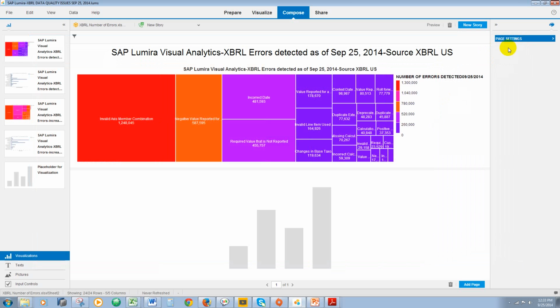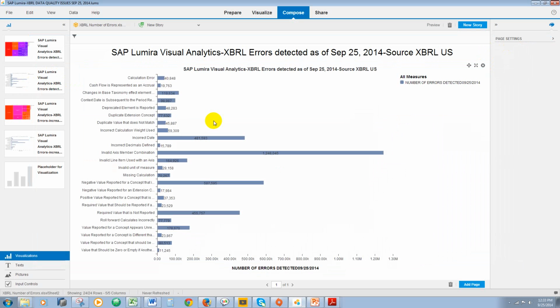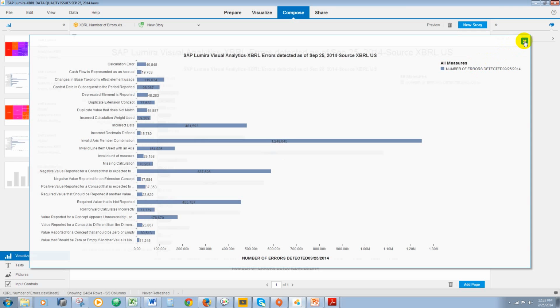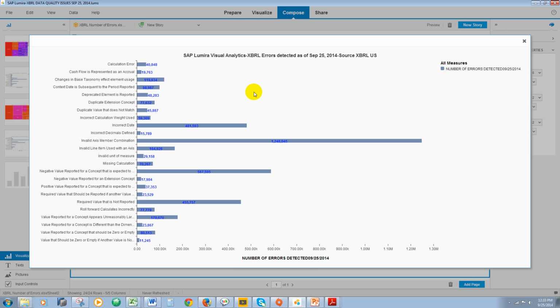Now we can look at this information through a bar graph, and let me change the formatting a little bit over here. So let me change the color of the data labels to blue, and let's open this up. So calculation error is 40,848, and then changes in base taxonomy affect element usage, so that's 119,634,